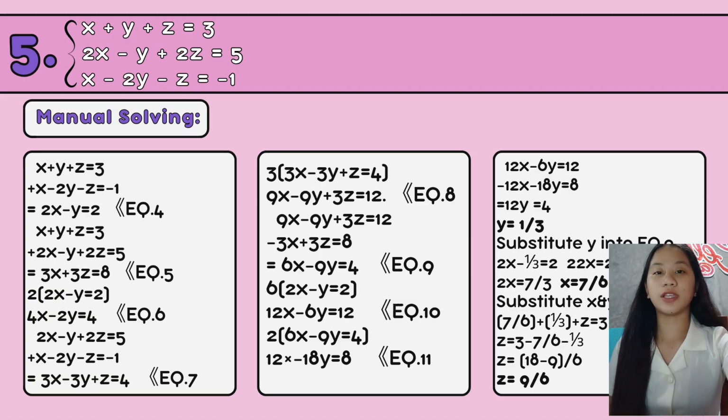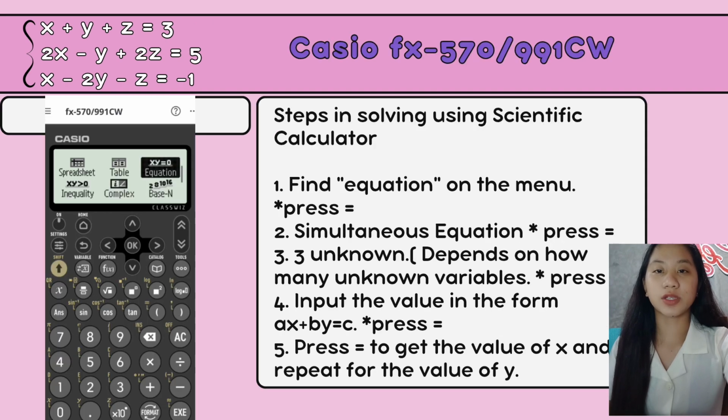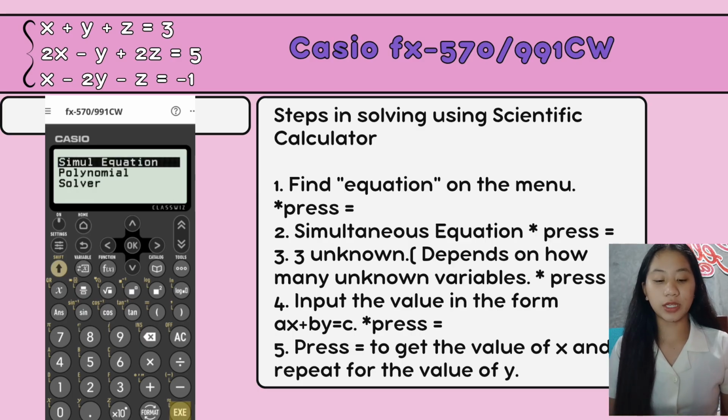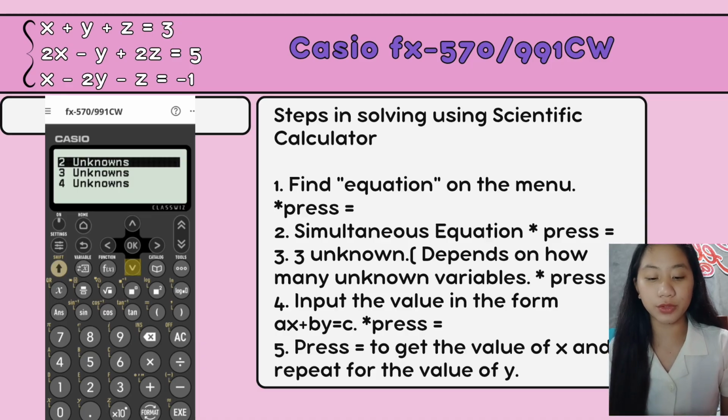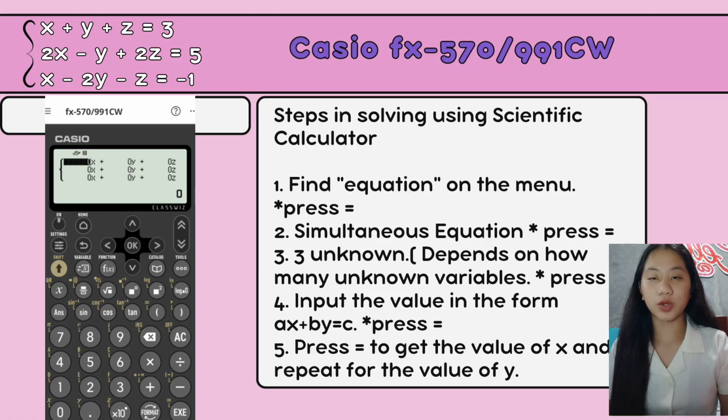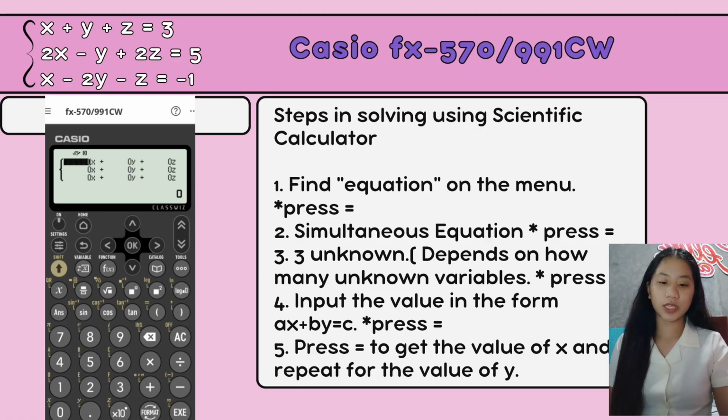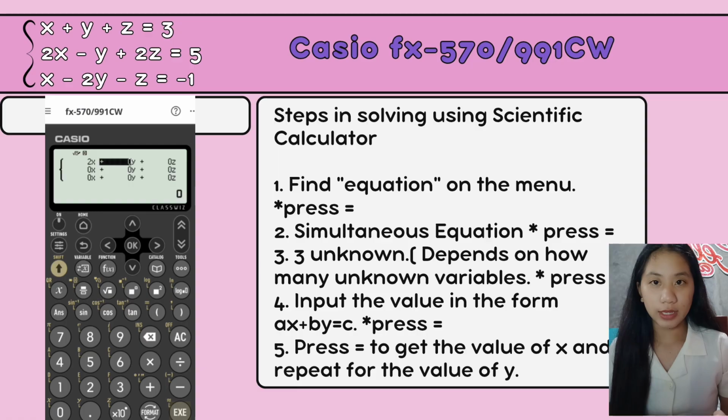Now, let's try solving it using our scientific calculators. As we can see, solving it manually is a very long process. So, again, press equation, simultaneous equation, 3 unknown variables, since we have 3 variables. So, we have 2x plus y minus 2z equals 3. Press 2 equals, y which is 1 equals, minus 2z which is negative 2,